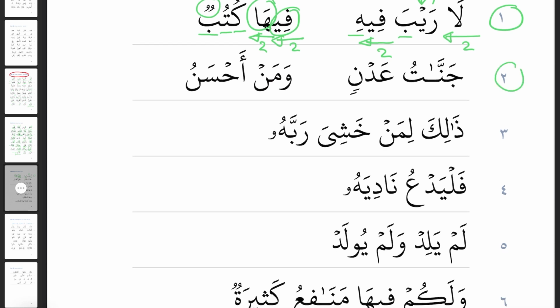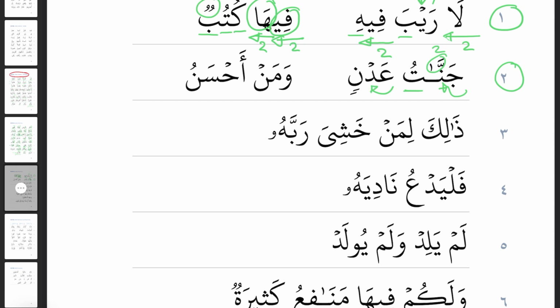Line 2, let's keep going. We've got jan. That's me joining the jim to the noon. You can hear the ghunna. You must always hear the ghunna first and hold the ghunna first before you pronounce whatever vowel is written on that noon with the shadda. So jannatu. We got a 2-count stretch. I hope everybody saw that because we had a fatha on the noon and the little tiny hanging alif. So that gave us the 2-count stretch there. So jannatu,